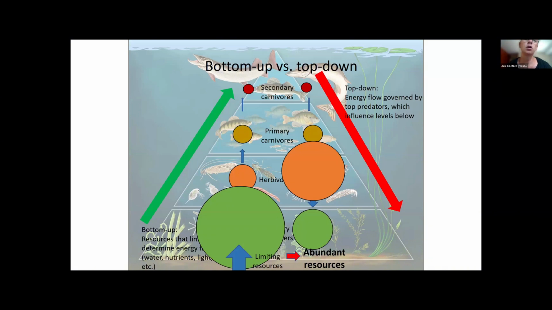So from a biological control point of view, or from a management of these invasive species point of view, what we want to do is increase the size of the herbivore pool so that we can increase the top-down pressure on those plants.